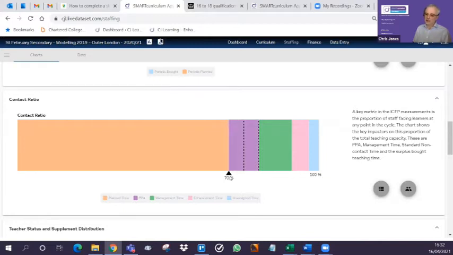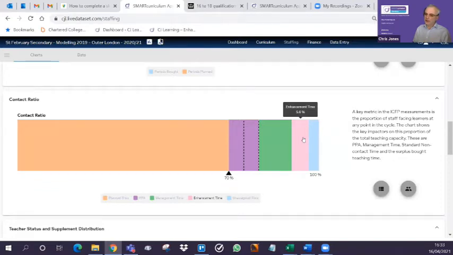Now, that's not to say that the goal is, the recommended is between these two figures, but how is that achievable? So what we've done is broken it down visually so you can see what's contributing to your level of contact. And in this case, we've got the unassigned teaching time, the blue, the enhanced time,